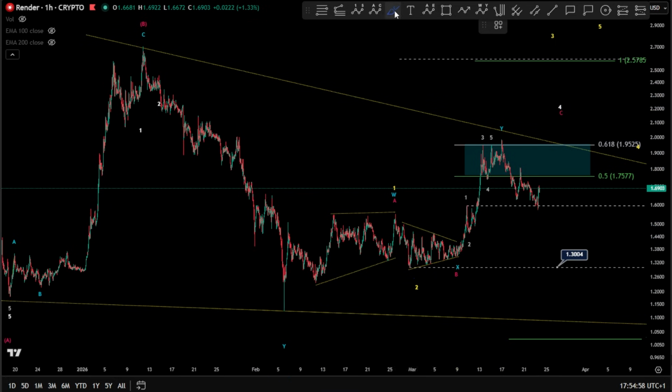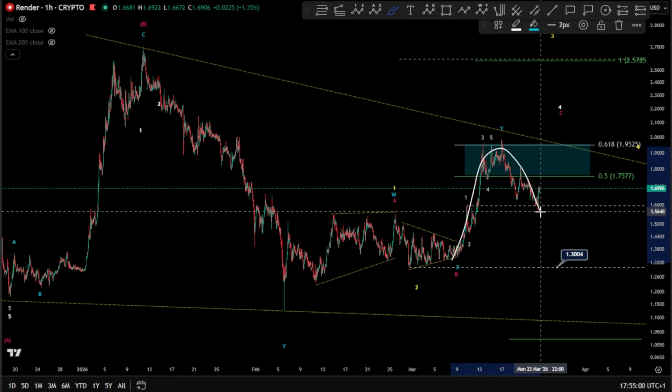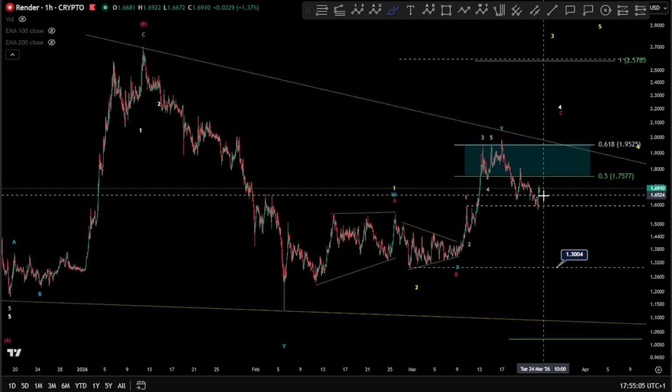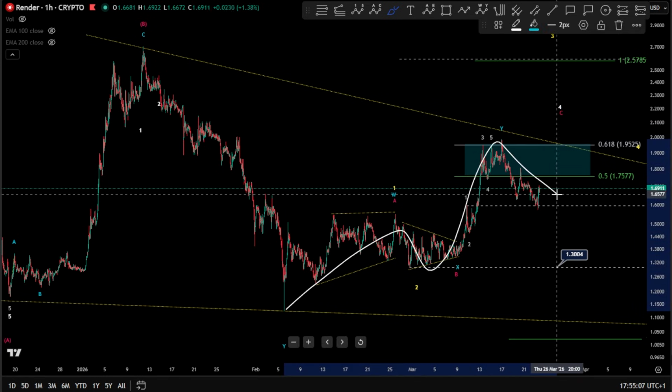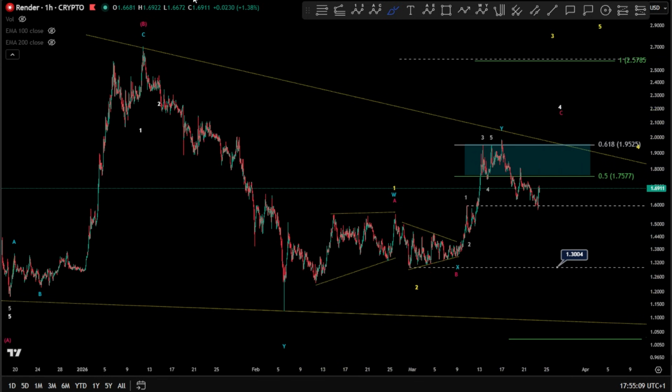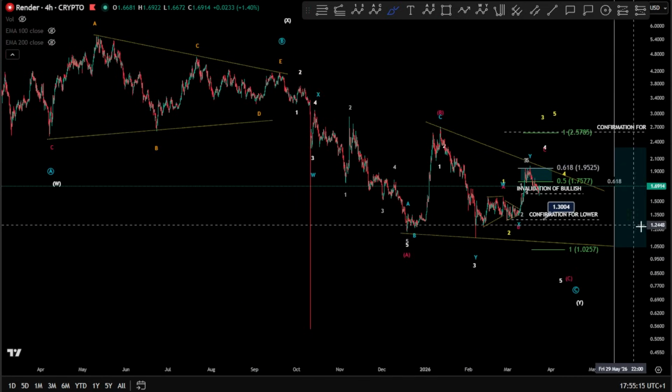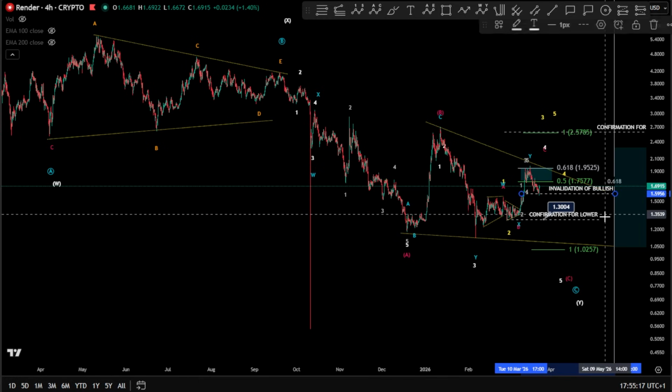I believe that this is another 1, 2 for Render here. And we are looking, of course, for something toward the upside. And that means, of course, 1, 2, 1, 2, and wave 3 might be unfolding. And yes, we might have a bottom here for the bear market, potentially, since Bitcoin also shows at the same